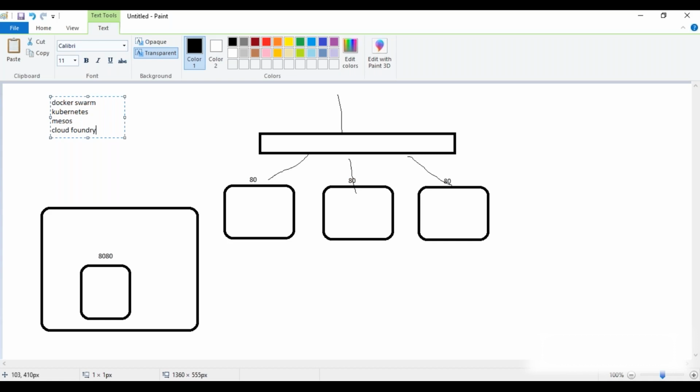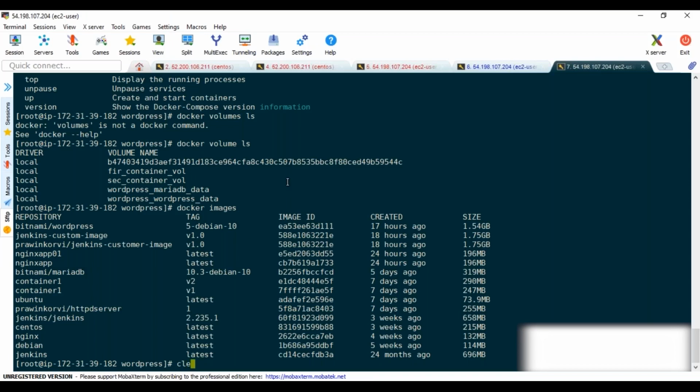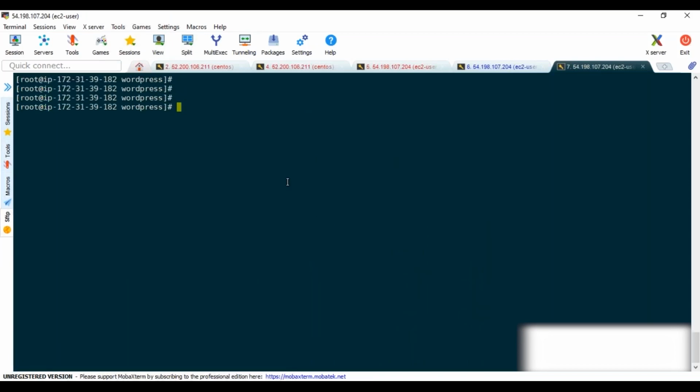But just an overview of how Docker Swarm works. Basically we don't need to install any separate package for Docker Swarm, so you can use docker swarm init to initialize. Okay,